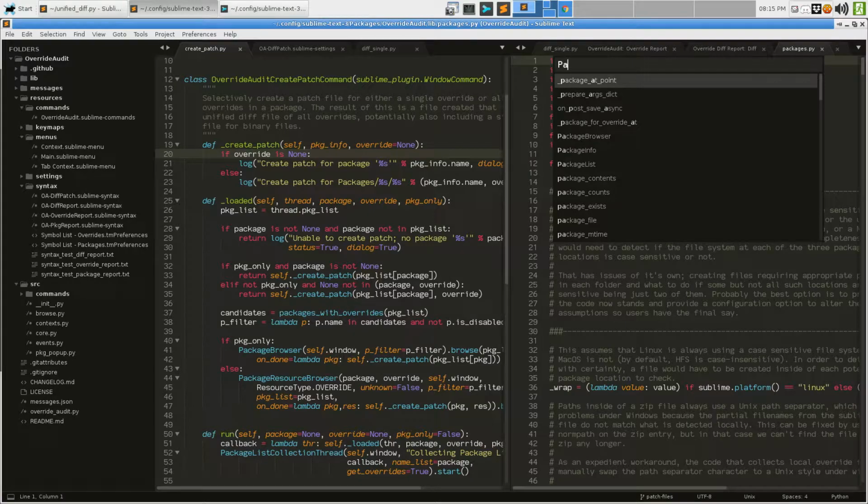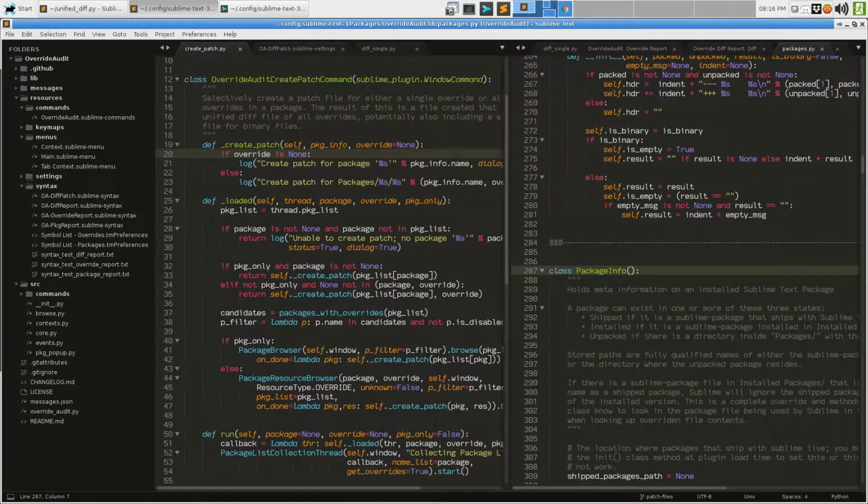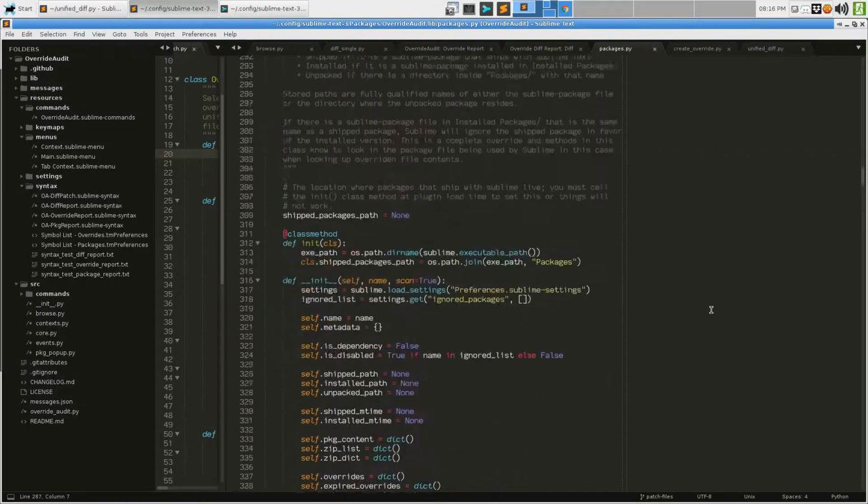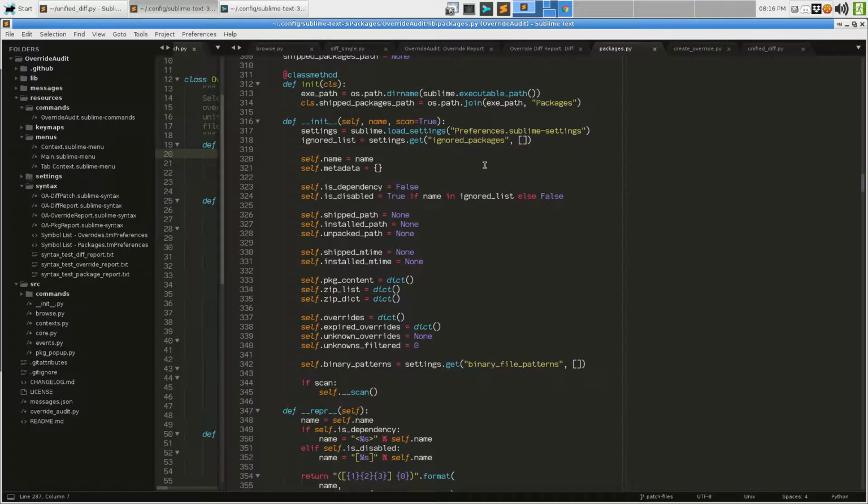In this file, we have this PackageInfo class that contains all kinds of information. As we can see here, the name of the package, its metadata, whether it's a dependency, whether it's disabled, the location of the shipped and installed packages, if any, the place where the unpacked package is, the times of the two package files, if there are any, the full content of the package, unpacked package content, and the Sublime package, a list of overrides, a list of expired overrides, a list of unknown overrides, how many of those unknown overrides might be filtered, and a setting for knowing what the binary file patterns might be for a